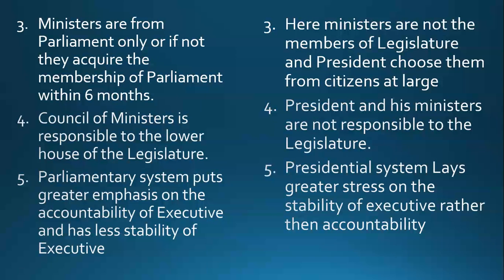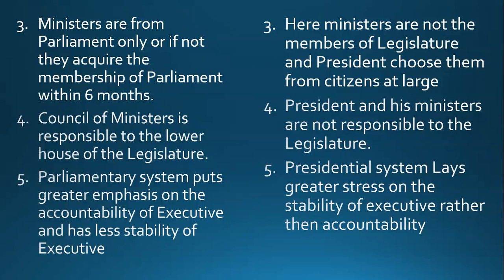Now what does it mean? So it means that president and his executive, means president and his council of ministers, means the executive wing of the government, they are not responsible to the legislature. Legislature does not have the power to punish them. Legislature does not have the power to remove them. Means they are not accountable. They are directly responsible to the people of USA, but they are not responsible to the legislature, means they are not that accountable. Okay, but the government is highly stable, means nobody can remove the government,